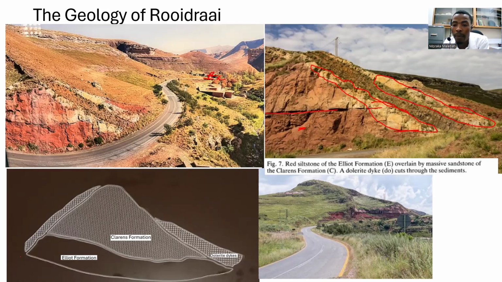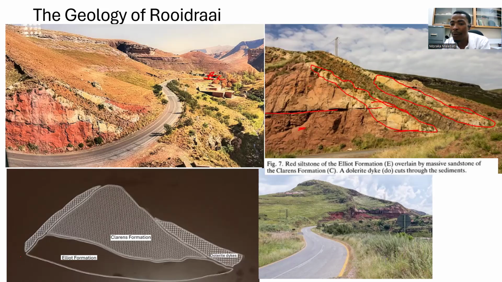And then here we're having the massive sandstone of the Clarens, which are the basal, and because now the environment was drier and warmer, we were able to deposit very fine materials, and these very fine materials are what give the cliffs in this area. Why? Because they're soft and easy to be eroded,